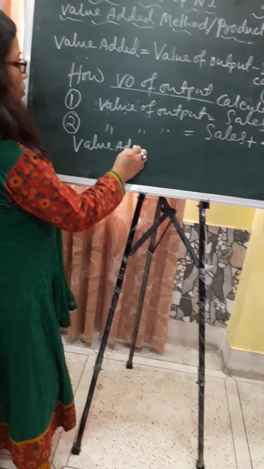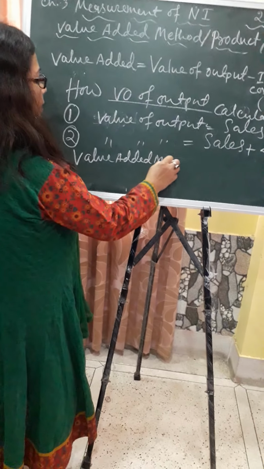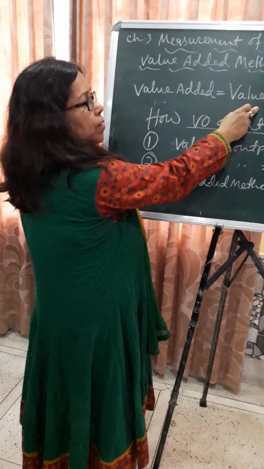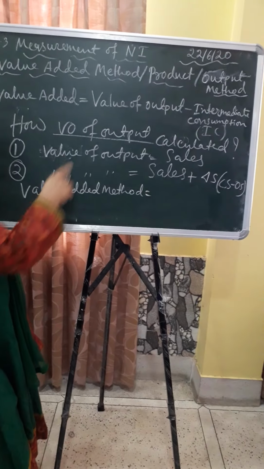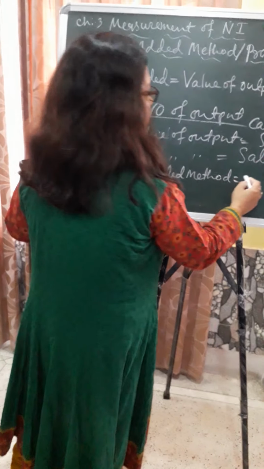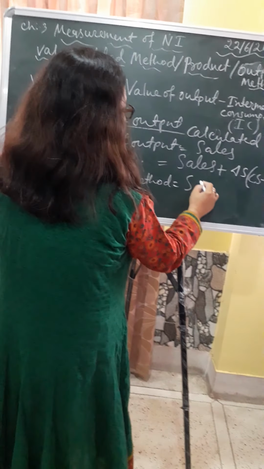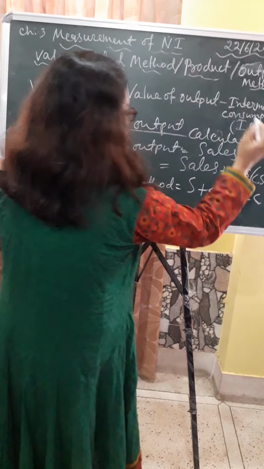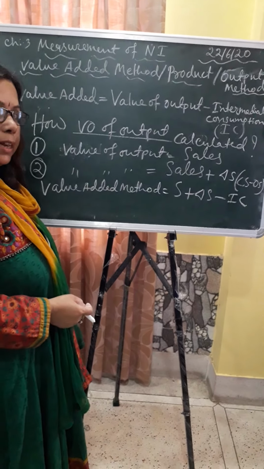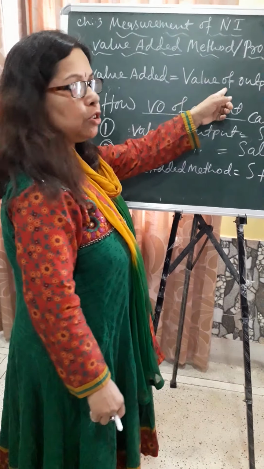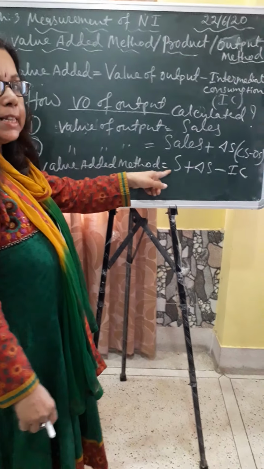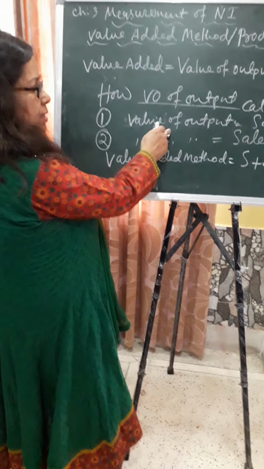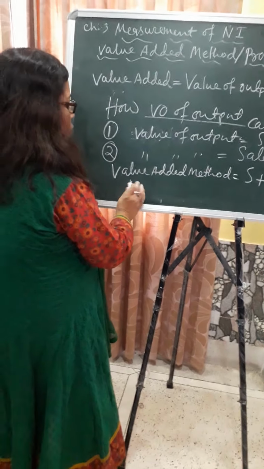value added method. First I have written here value of output minus intermediate consumption. Now we can write sales plus change in stock minus intermediate consumption. In such a way we can also write first value of output, or sales plus change in stock, minus IC, because we have seen that value